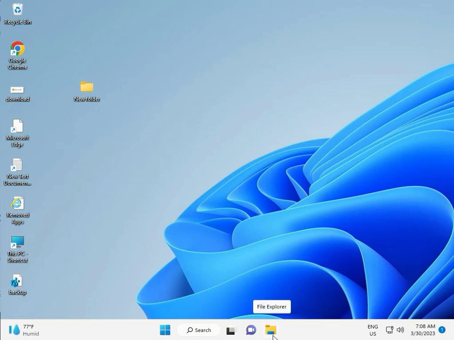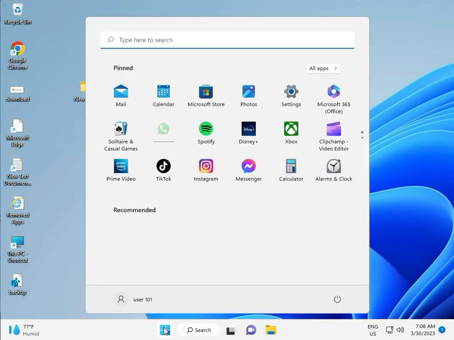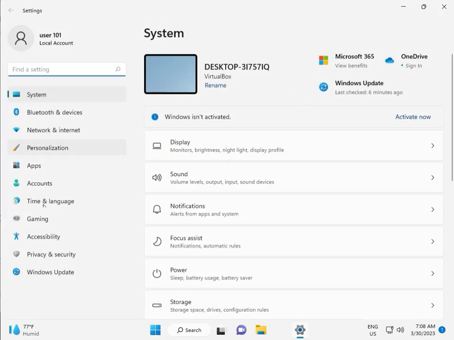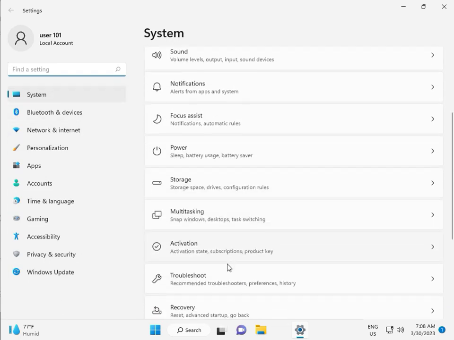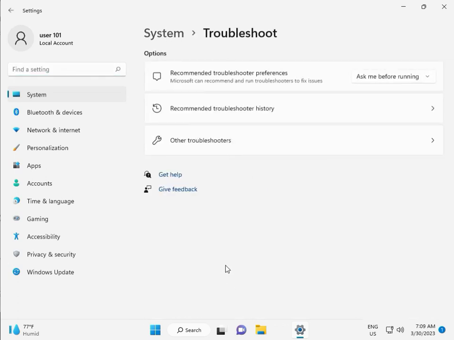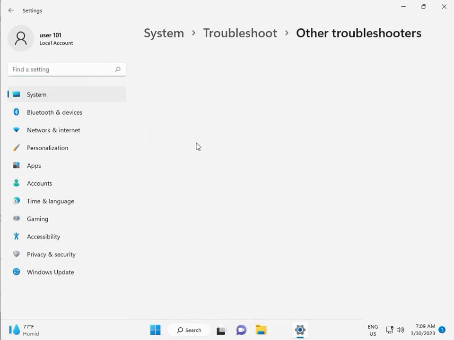And when you are updating and come to a Windows update error, how to fix it? I am giving you all the steps one by one. First, click the Start button and then click Settings. Then in System, go to Troubleshoot, Other troubleshooters,